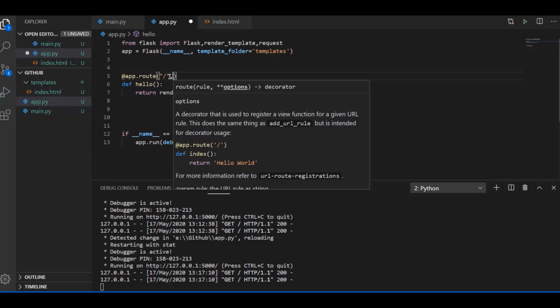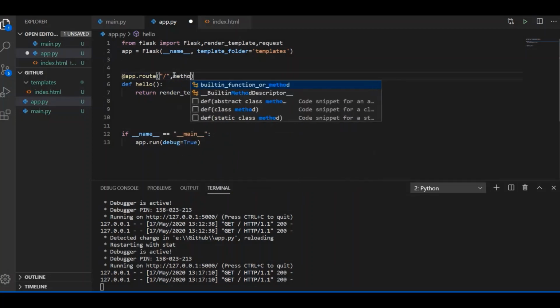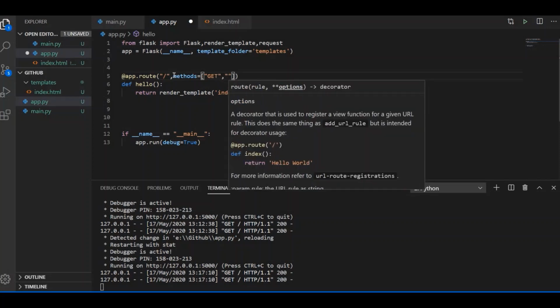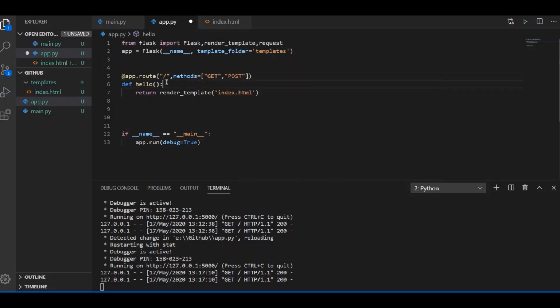If you just open the web app, then the GET request is triggered, and when you submit the form, then the POST request gets triggered. So I will pass the list of methods: methods is equal to GET and POST.